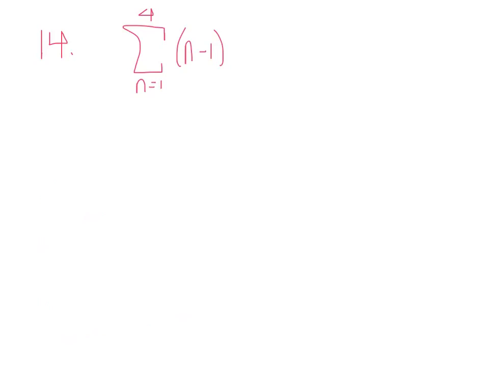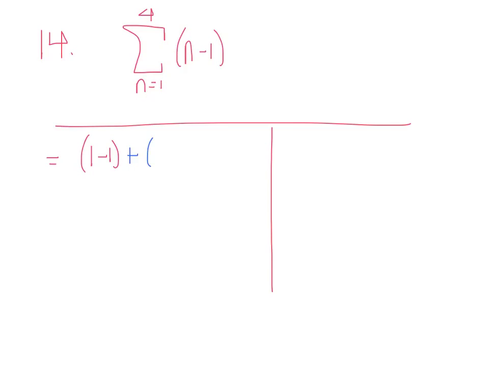All right, number 14, I've been asked to find the sum. So I can do two things. I can actually find out what each term in the sequence is. I think I'll do that. I'll do it both ways for you. So if I were actually to do this, then I would get that sum is equal to 1 minus 1 is the first term,